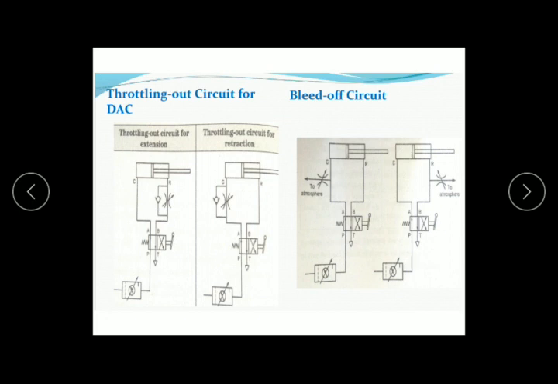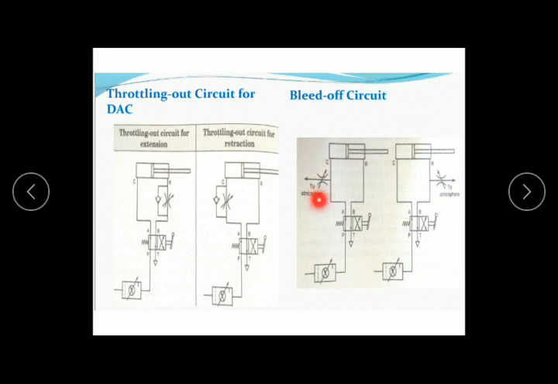Then the bleed off circuit. The bleed off circuit is another speed control type of circuit for the pneumatic system. Here we have attached one opening directly to the atmosphere. Basically, we are bypassing the air, or bypassing the pressure of the air, through the flow control valve to the atmosphere. Once you change the opening of this flow control valve, you can control the speed of extension,